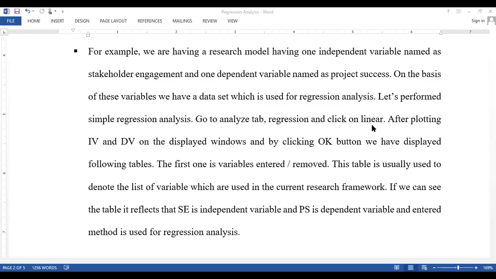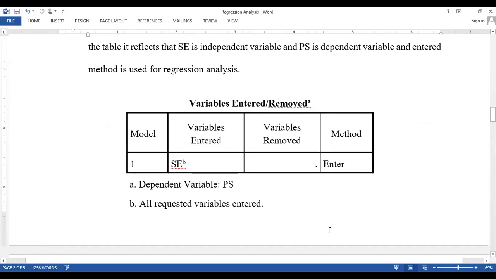button. Once we click OK, we are shown four different tables. The first table is Variables Entered/Removed, which shows columns like independent variable and dependent variable.